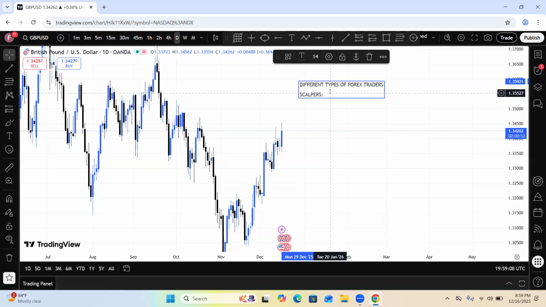Then we have the day traders. The day traders, they trade intraday. They close their position before the market closes. Market closes every day by sometimes 10 p.m., sometimes 11 p.m., and opens around